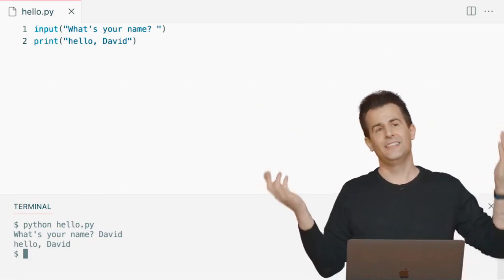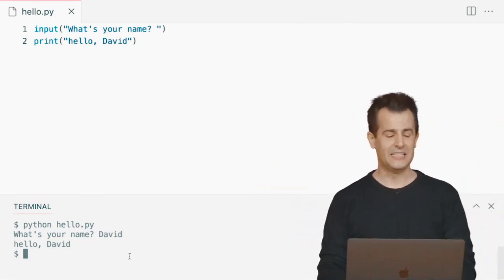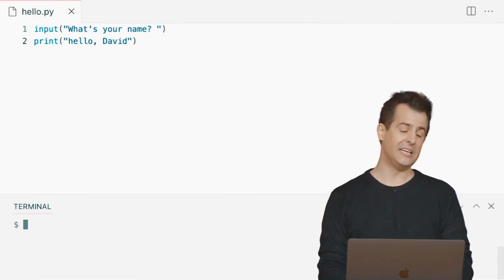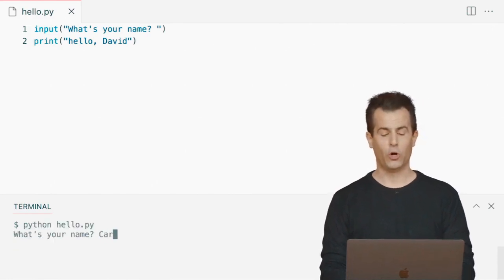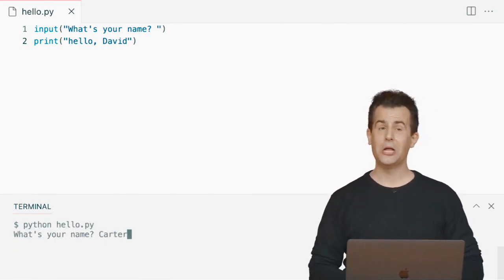Of course, this isn't really working as intended here. Let me go ahead and try pretending to be my colleague Carter here. Well, Carter's name is this. I'm going to go ahead and hit enter, and I'll see, of course,